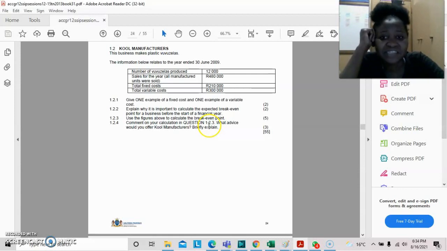Whatever answer that you got for your break even, you have to support it with a comment to get the marks. What advice would you offer Mr. Cool manufacturers? What would you advise them? Basically, using the break even. What would you advise them? You get it? So maybe it takes them longer to break